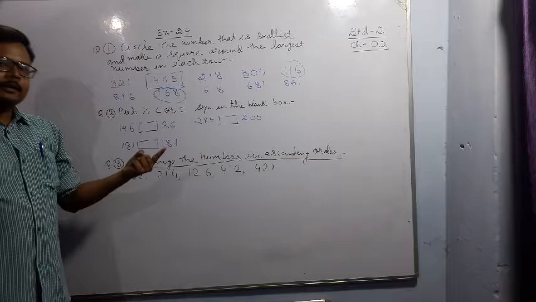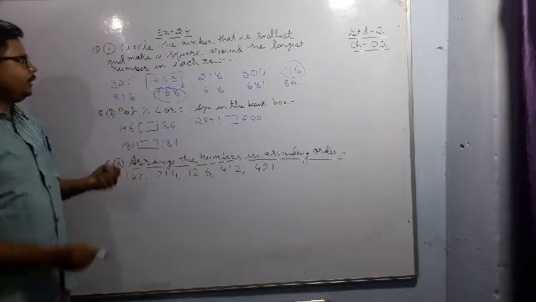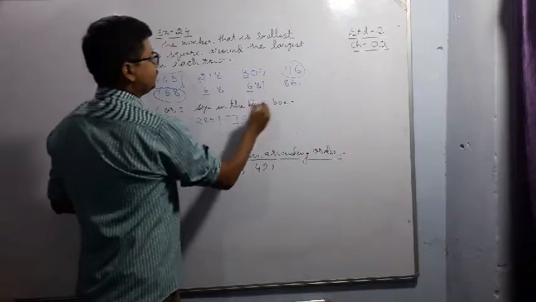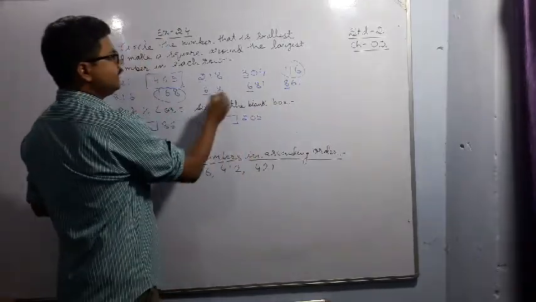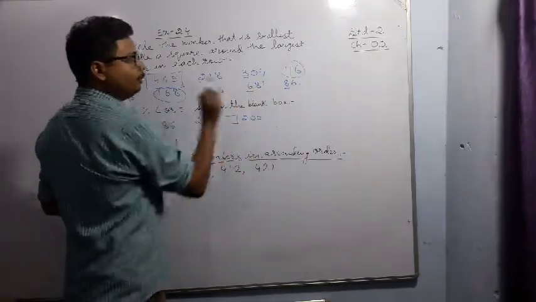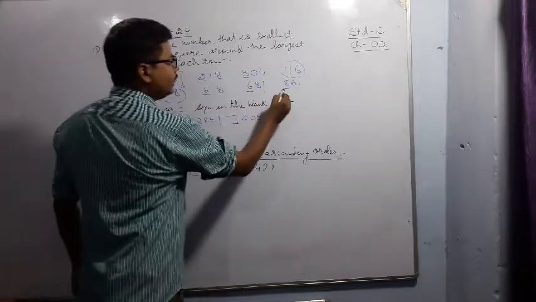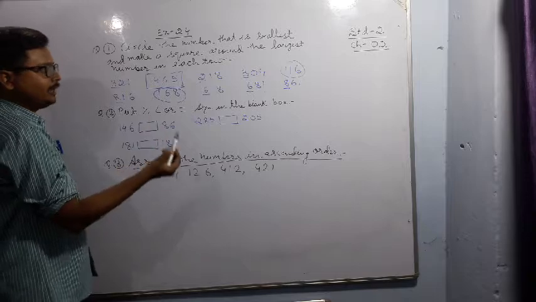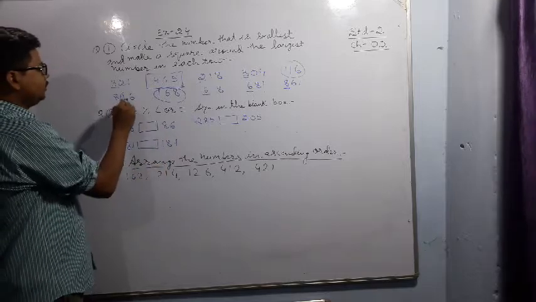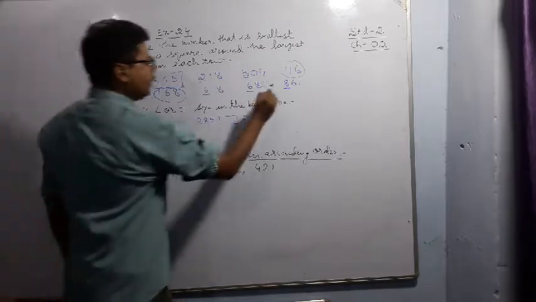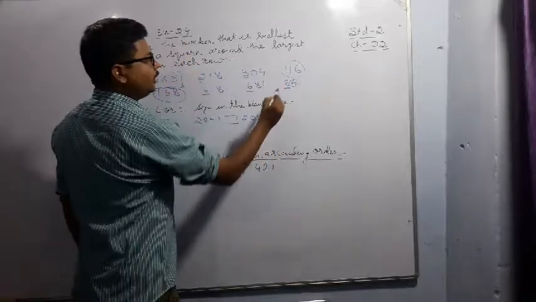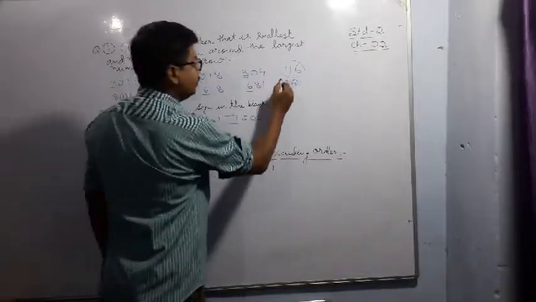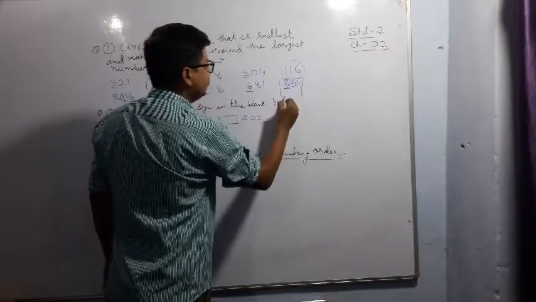Now we have to find the largest number. So let us see. 8, 6, 6, 8. So leave 618 and 681, because we have two numbers with 8 in hundreds place. Now let us check tens place. This is 1 and this is 6. So this will be the largest because in tens place 6 is given. So we square this number.